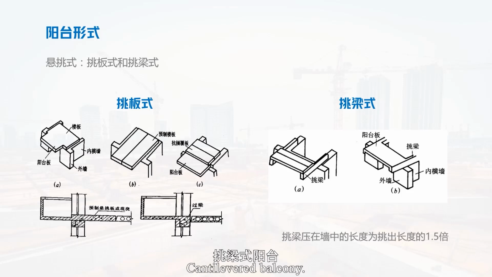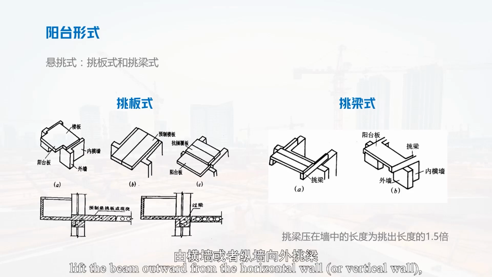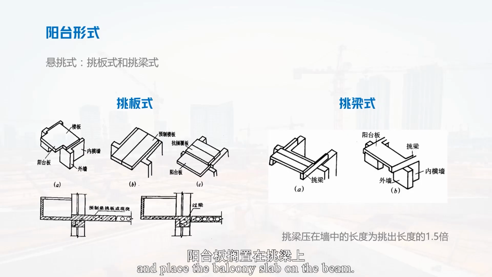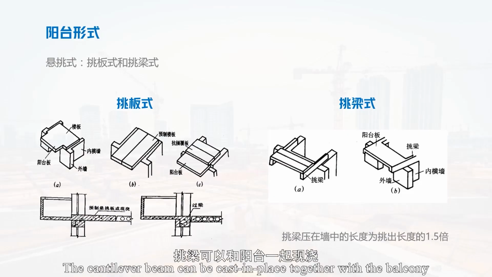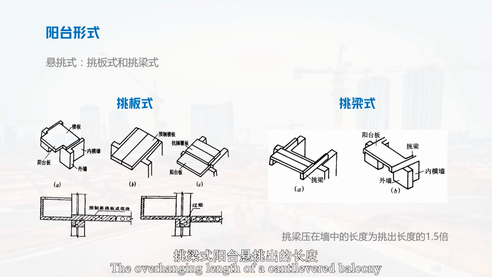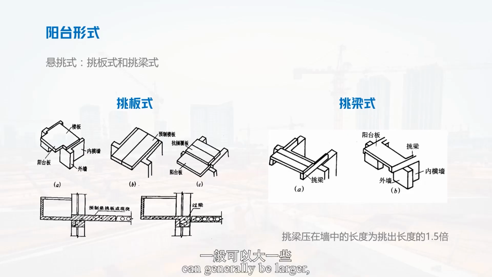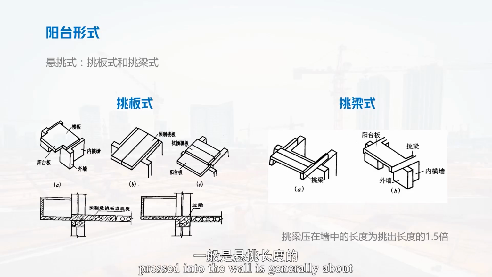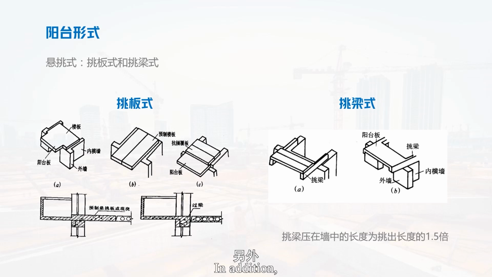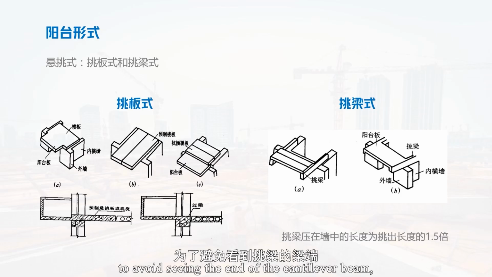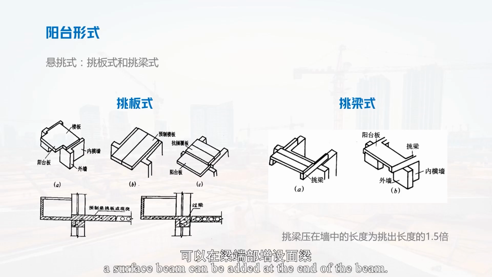the balcony. Cantilevered balcony: lift the beam outward from the horizontal wall or vertical wall, and place the balcony slab on the beam. The cantilever beam can be cast in place together with the balcony, or prefabricated. The overhanging length of a cantilevered balcony can generally be larger, but it should be noted that the length of the cantilevered beam pressed into the wall is generally about 1.5 times the overhanging length. In addition, to avoid seeing the end of the cantilever beam, a surface beam can be added at the end